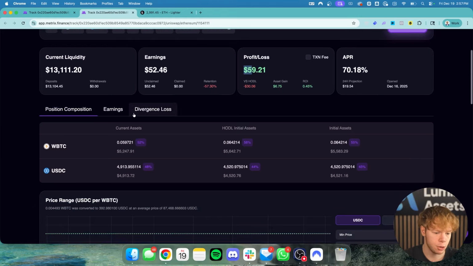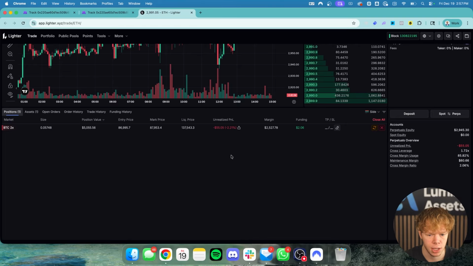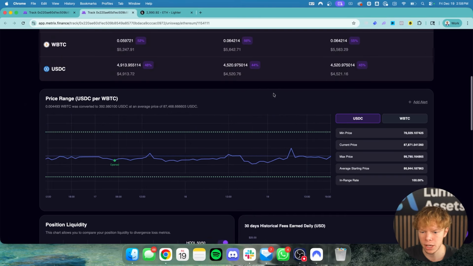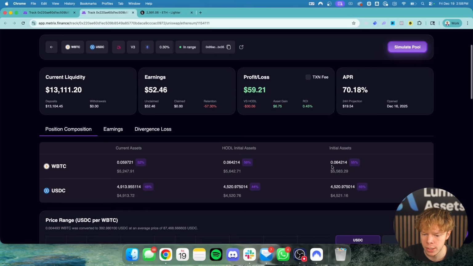But when we break it down, you have the liquidity pool, which is wrapped Bitcoin to USDC, and I started there with about $10,000 or so. And then you have the hedge, which is just a Bitcoin hedge. Now, here's why I under hedged this one initially. Notice how I started with 55% wrapped Bitcoin, now I have 52%. Well, if I had hedged an exact 0.0642 wrapped Bitcoin, then what would have happened is whenever Bitcoin did start to perform, I would be shorting